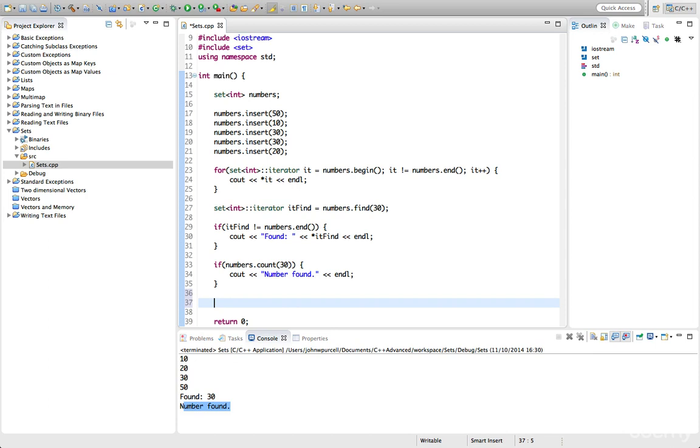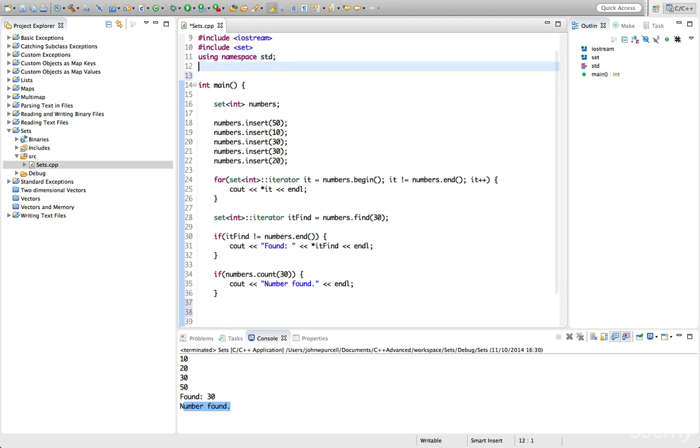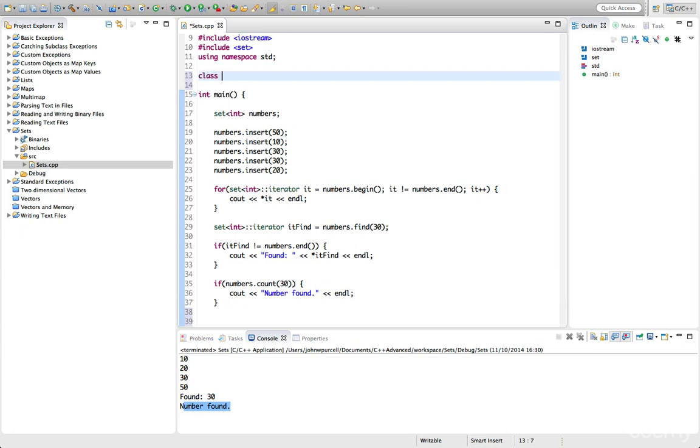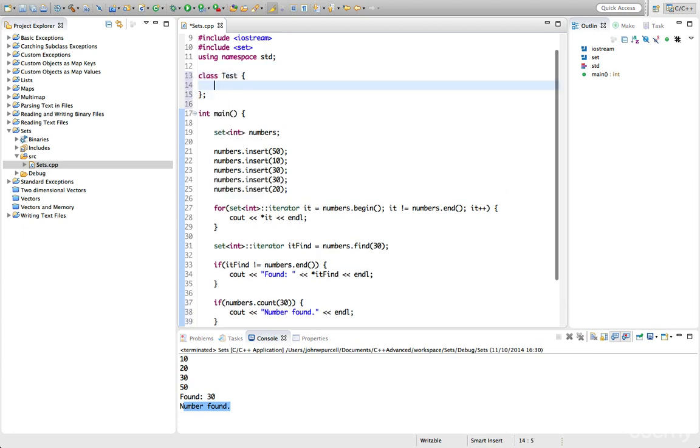You can also use objects of your own classes in a set, and that works the same as using your own objects as the values in a map. So if this is getting a bit repetitive now for you, you can skip the rest of this video, but I'll go over that again here, just the same as for a map, just so that you can see it working. So let's say here we've got a class called test, and test could have maybe an int id,